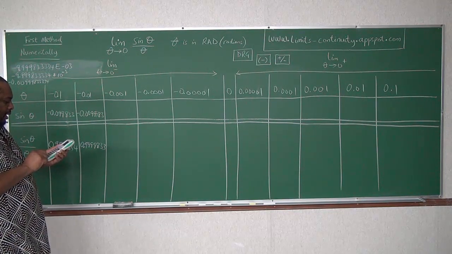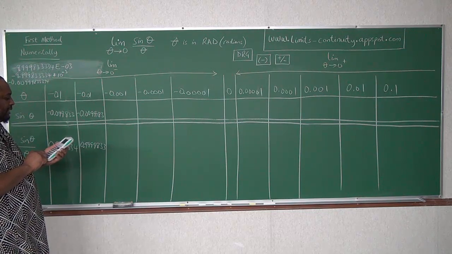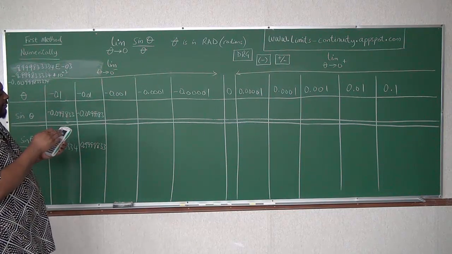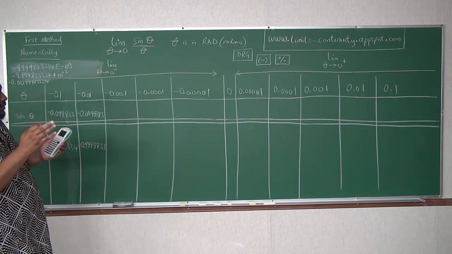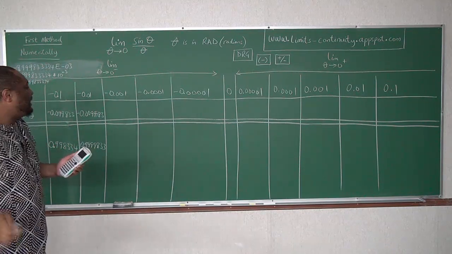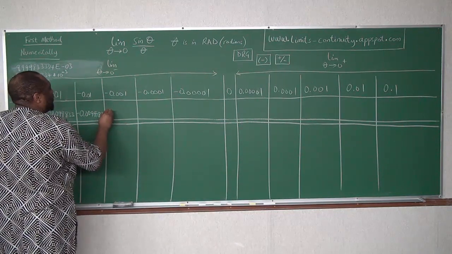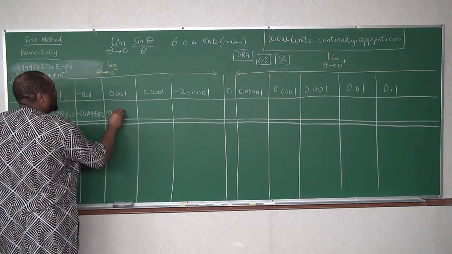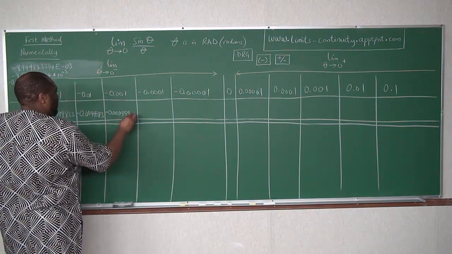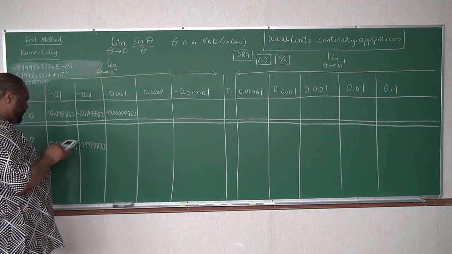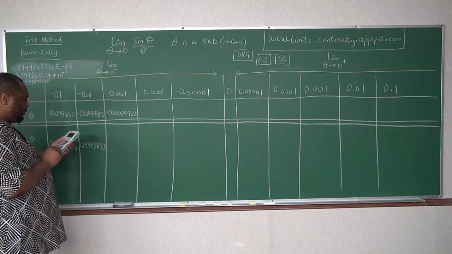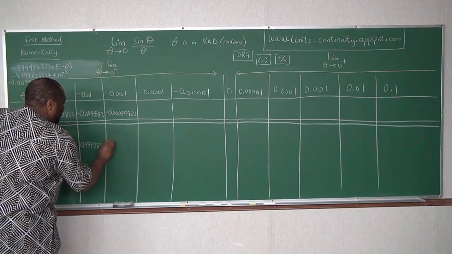Sine of negative 0.001, and this gives me negative 9.9999833 times 10 to the negative 4. That is what it means. So this is negative 4 zeros, 0.000, 99983. Then divide by negative 0.001. So this gives me